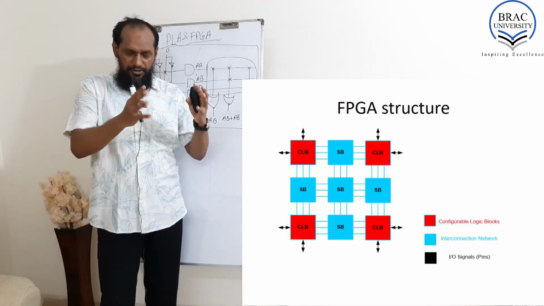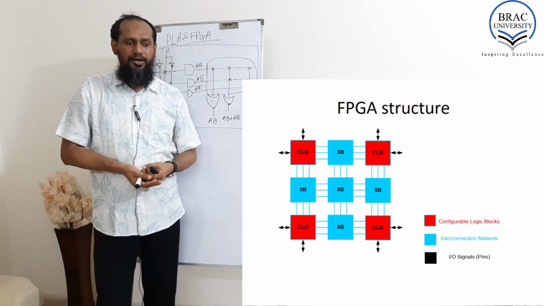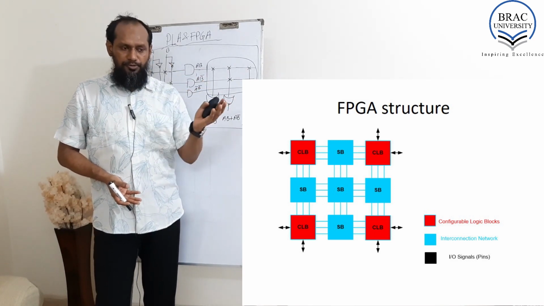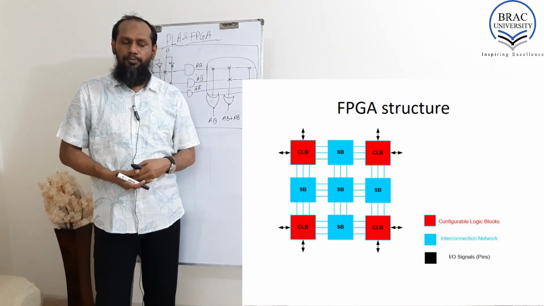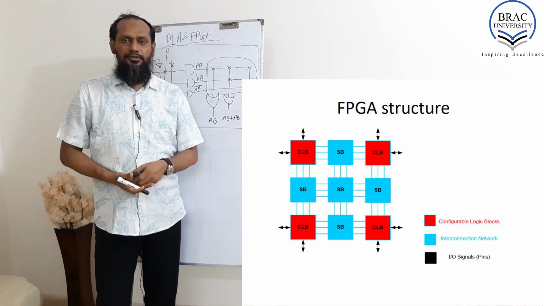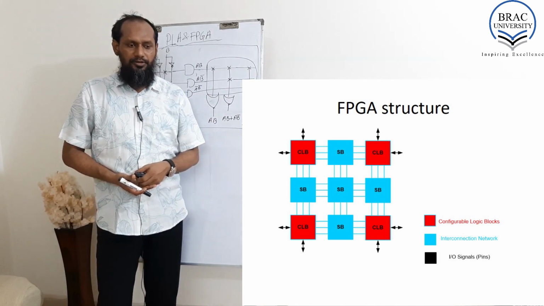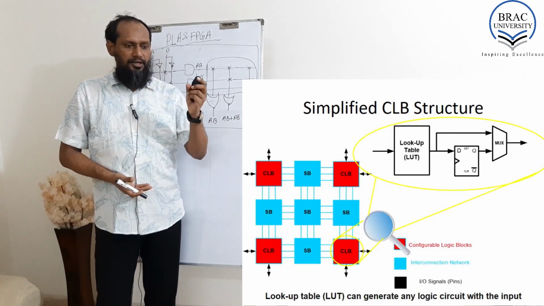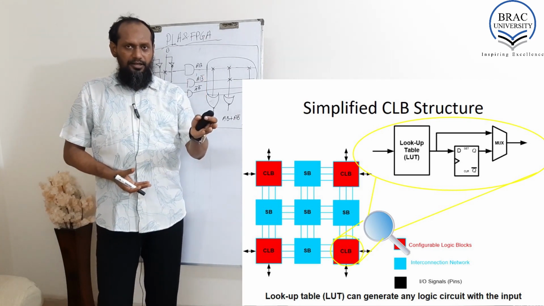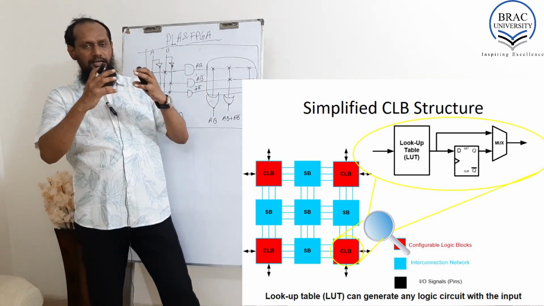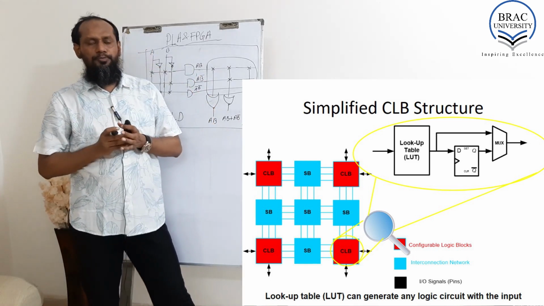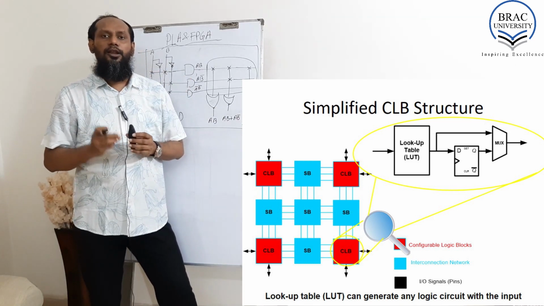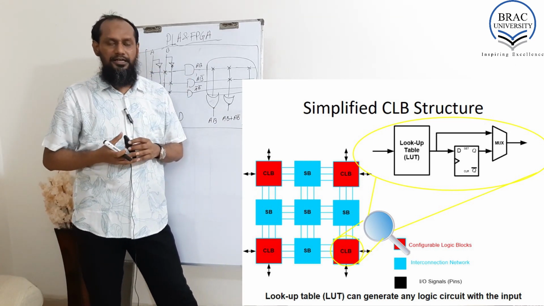Here is an enlarged figure of the FPGA structure. Here it's showing it can have IO, input output, a CLB block and a switch block, or the interconnection network. So you can see here inside the CLB, so CLB is a configurable logic block where we can make any kind of logic output or logic circuit